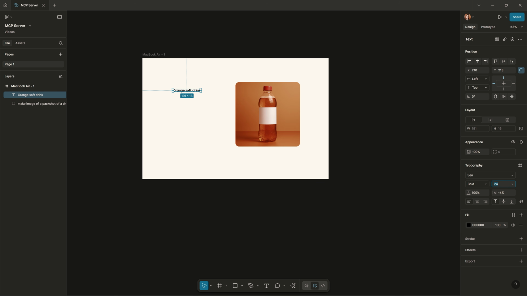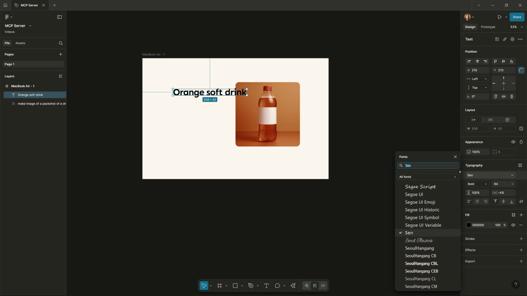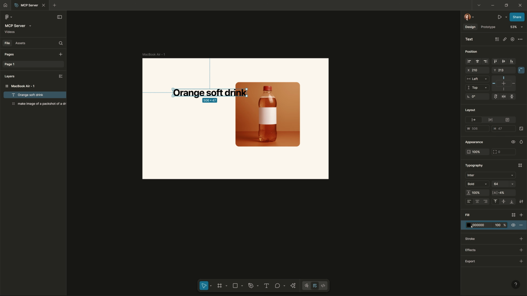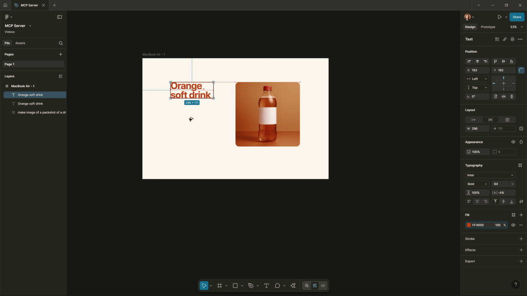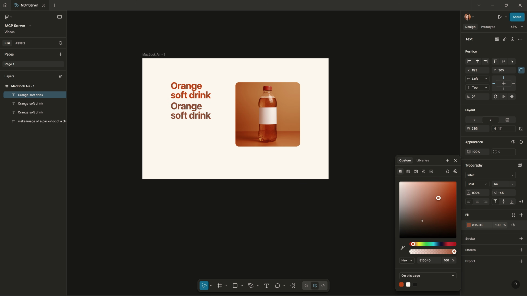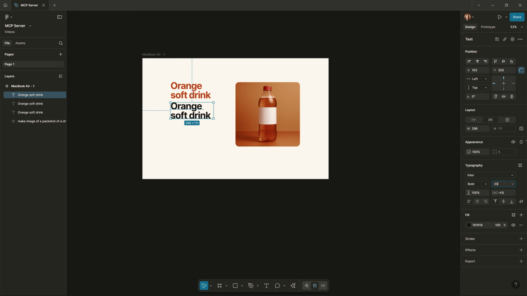headline, the H1. So I'm going to pick, I don't know, something a little bit bigger, and bold is bold already. I'm going to change the font family also to Inter, but it doesn't matter. Let's change the color from black to something like orange, and let's resize the text. So this text is fine here. I'm going to duplicate the text layer, and I'm going to change the styling. First of all, the color, let's make it black, and the size, I'm going to make it 20.